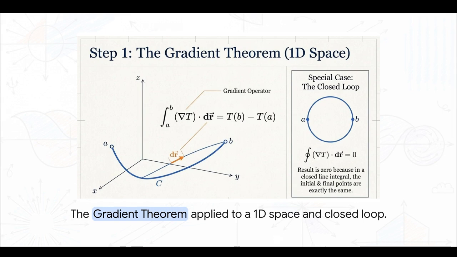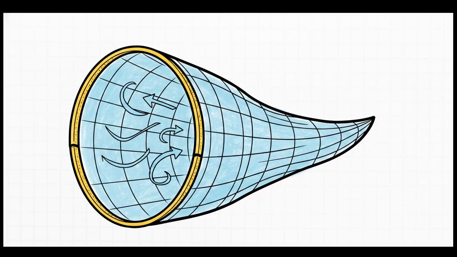The boundary points are identical, so the net change is just 0. Stepping up to 2D space, picture a butterfly net. If you want to know how much aerodynamic force is acting on it, you could painstakingly measure the wind catching the whole fabric net itself, or you can just measure the physical tension on the rigid wire rim holding that net open. Much easier, right?